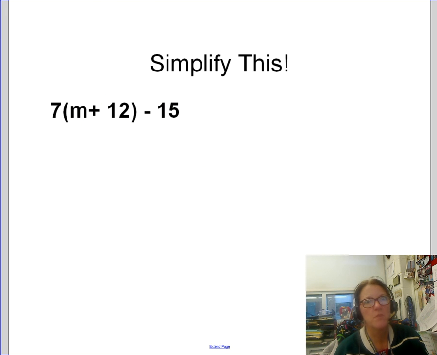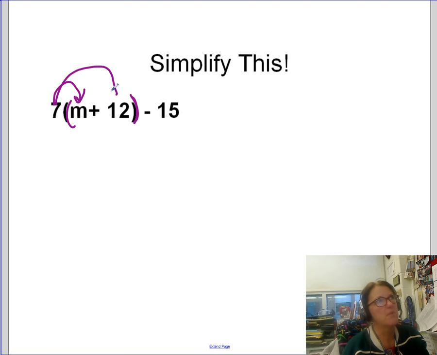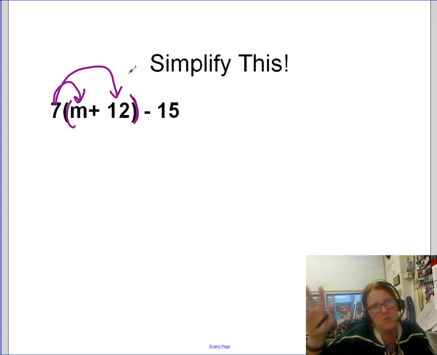Ooh, what about this one? Whoa. Now, before you do anything, I know you see this 12, which is a constant, and you see this 15, which is another constant. It's really a negative 15. But this 12 is trapped right now by these parentheses. And the only way to get at this is to use the distributive property so that we bust out of